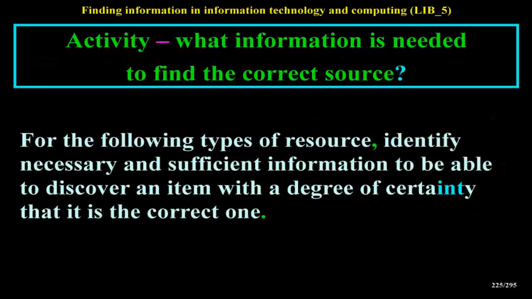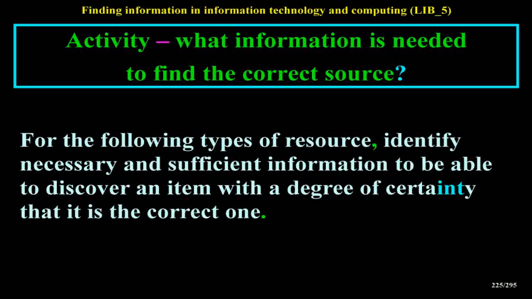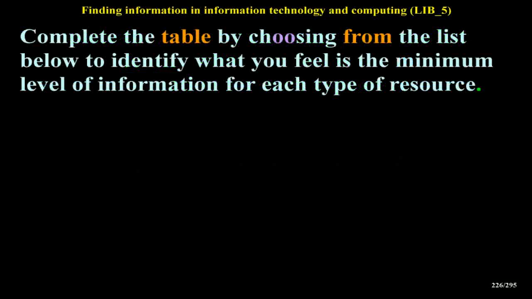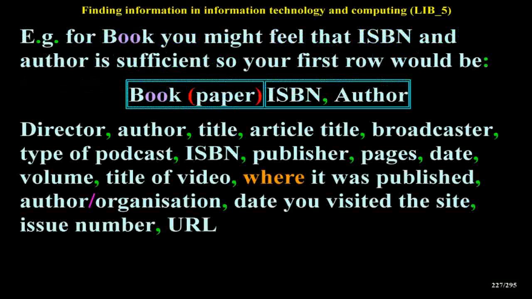Activity: what information is needed to find the correct source? For the following types of resource, identify necessary and sufficient information to be able to discover an item with a degree of certainty that it is the correct one. Complete the table by choosing from the list below to identify what you feel is the minimum level of information for each type of resource. For example, for a book you might feel that ISBN and author is sufficient,